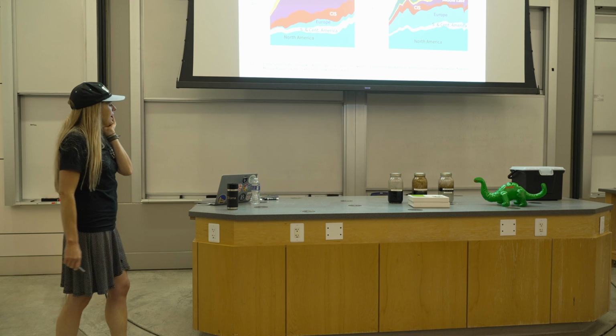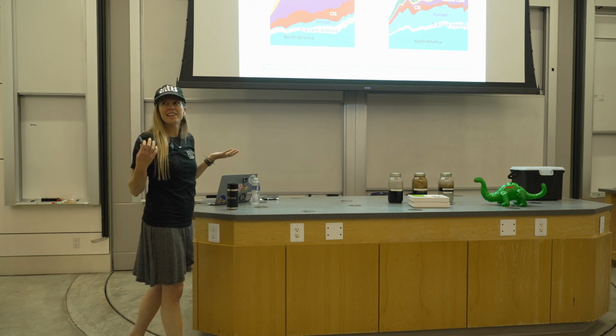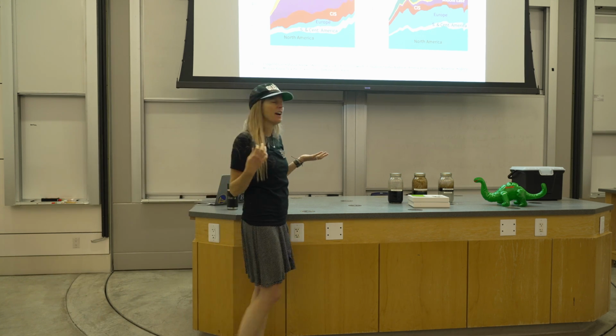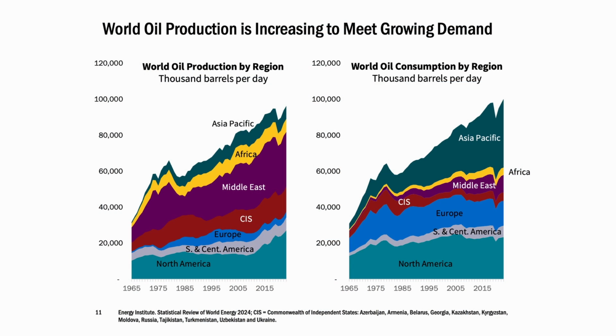All right, so I like to look at snapshots, and I also like to look at how things change over time. So this is kind of the same thing. We're looking at production and consumption, but over time. So like I said, we're this North America wedge. The US has been a big consumer for a long time, but you can really see the dramatic increase in production in North America in the last 15 or 20 years or so. And so you can really see that growth.